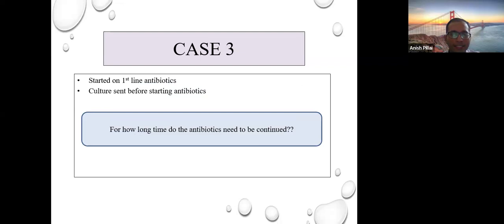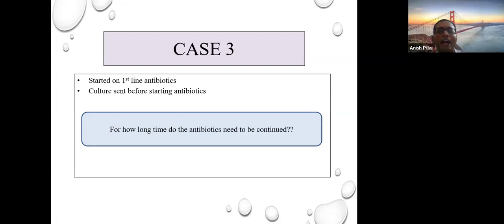So again, like I said, this is a symptomatic baby. So we discussed that during the presentation before. If you are only starting for prophylaxis or for risk factors, you can give it a very short course. So for 2 days, 3 days, say, once the culture comes negative. This baby is symptomatic. So if the baby responds very nicely to your antibiotics, number one. Number two, if your culture comes clear, then you can give a short course, which is a 5 to 7